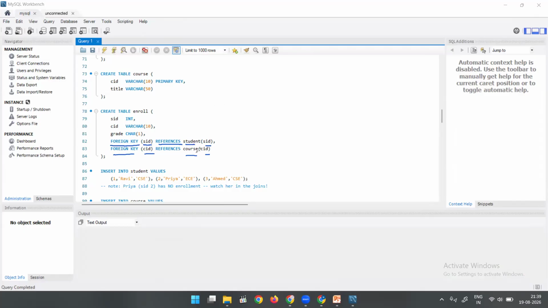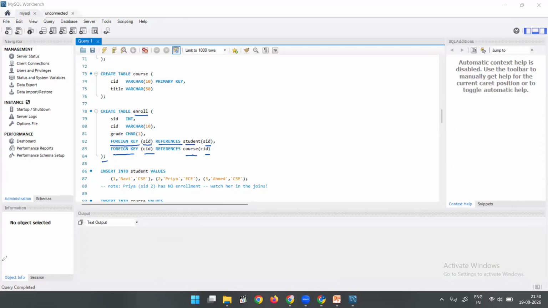Our base tables were student and course, so this enroll is referencing from the course table and the student table. That's why this is the syntax: foreign key, the column name which you want to make a foreign key, and then the reference it is taking from.